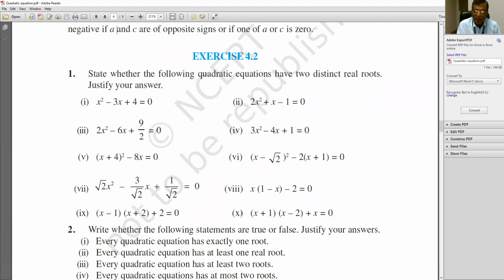and up to question number 10 here. You have to find the value of D, and you have to see what value you are getting in the calculation of the discriminant of the given quadratic equation. So students, please do the exercise, and in case of any problem, please note it down and discuss with me during live interaction on Google Meet or through any process with you.